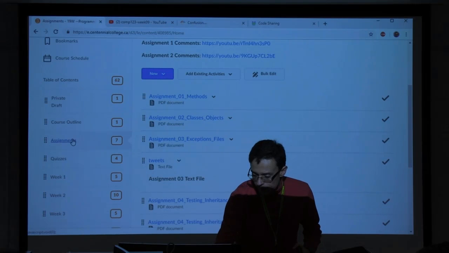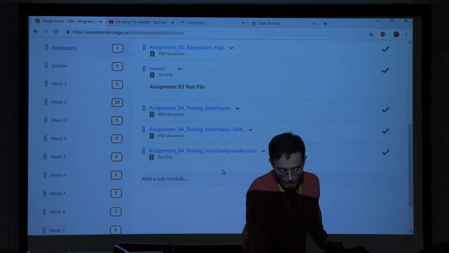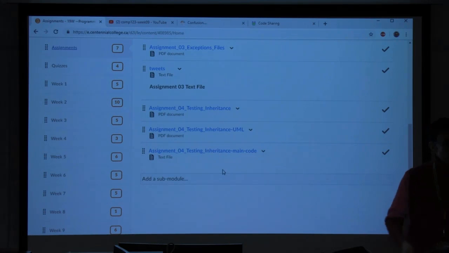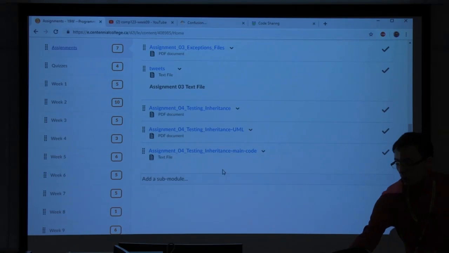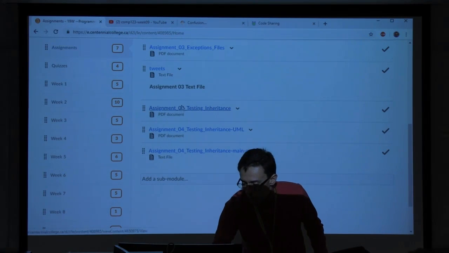So if you go to assignments, there are a few files related to assignment 4. This is the PDF document. In this PDF there is a UML diagram, but the diagram is very small, so you cannot see it very well. This one here is a full-page blown-up version of the UML diagram. And then, in the last file, there is a piece of code that you're going to copy and paste inside your main method, and run. Hopefully, if you implement it correctly, I'm just going to open it up.